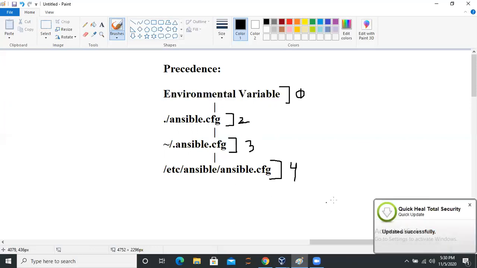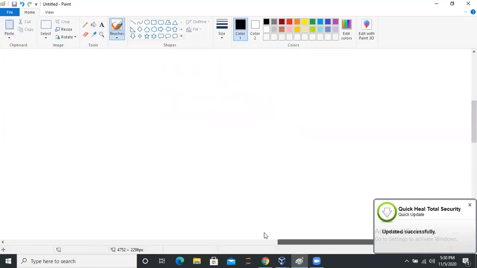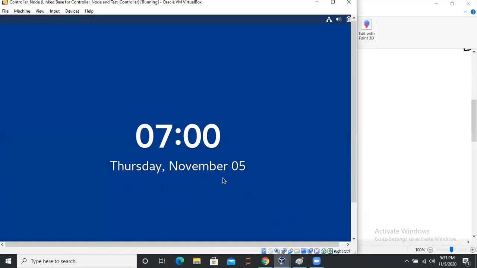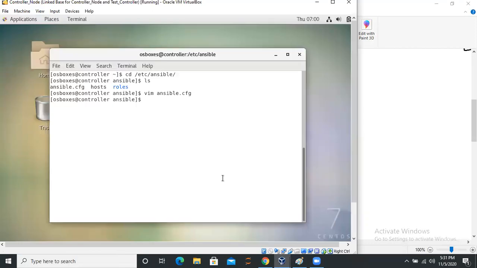Okay, so the sections are, I'm going to write the sections over here because nobody really remembers the sections. Who will remember the name of the sections? So first I'll check which particular sections are important. Okay, so let's use some regex over here.